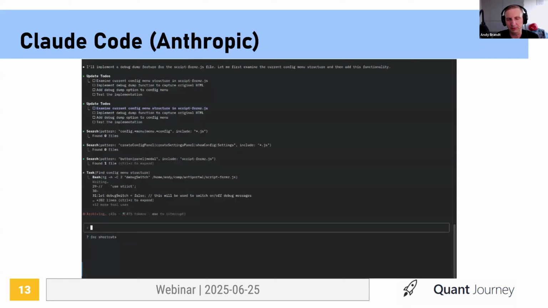Now, Claude Code works totally differently, because it's a console app that is working on your machine with the code on your file system. So it's a totally different philosophy. However, obviously, it uses Claude. Interestingly, by default, it works with Claude Sonnet.